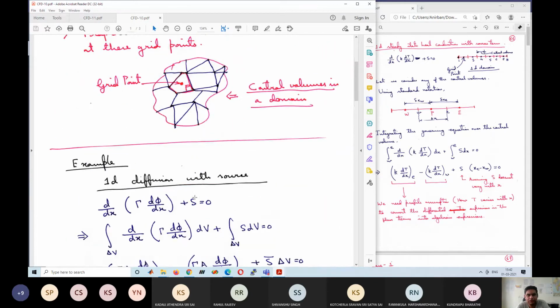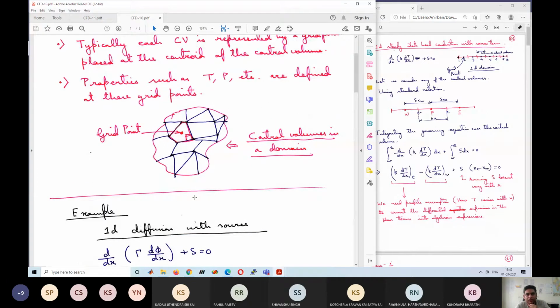One important feature is that the equations are conserved over each subdomain. All the variables like energy and momentum are conserved over each subdomain, and also over the entire domain. This is different from the finite difference method, where we solve the equations in a differential form, which ensures the conservation of properties at infinitesimal points, but it does not ensure the conservation of properties at finite volumes.